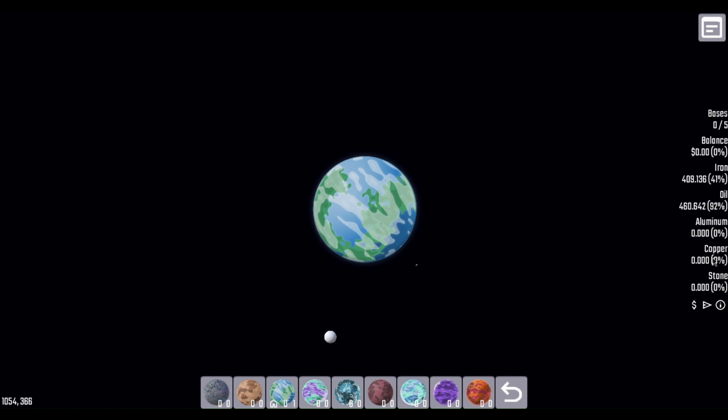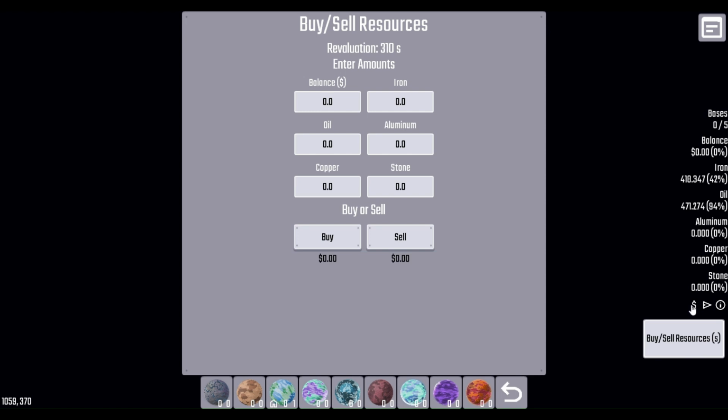Okay, so let's talk about these buttons down here that are pretty important. You can use the S key or click on this button to open the buy sell dashboard. So this is where you'll be either selling your resources that you have in excess or buying the resources that you don't have. So let's say that I don't really have a good way of getting copper right now and I need 100 copper, but I have a lot of iron. So I can go ahead and sell